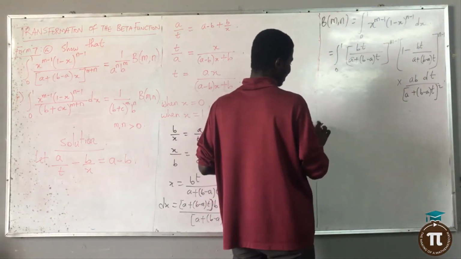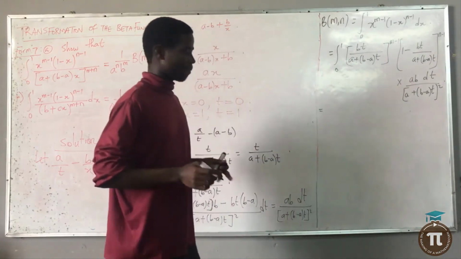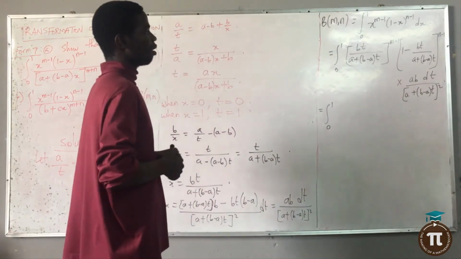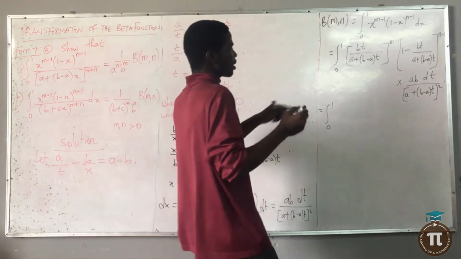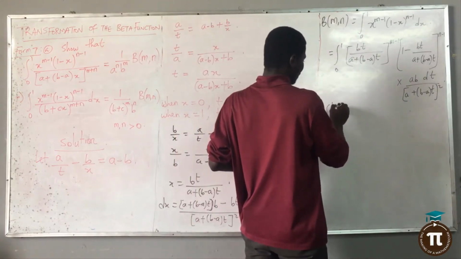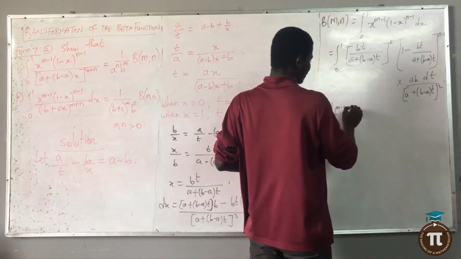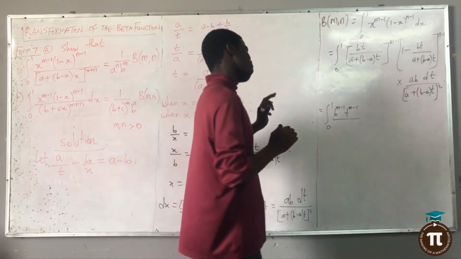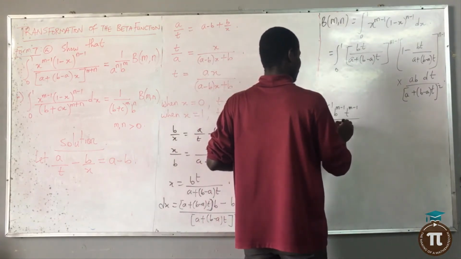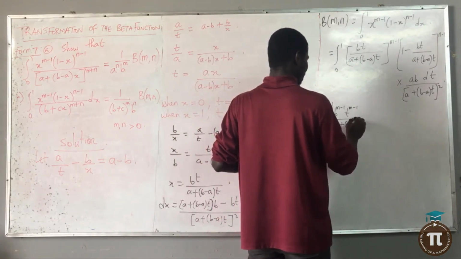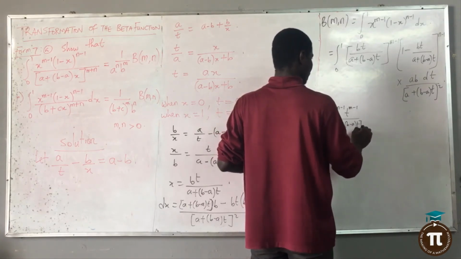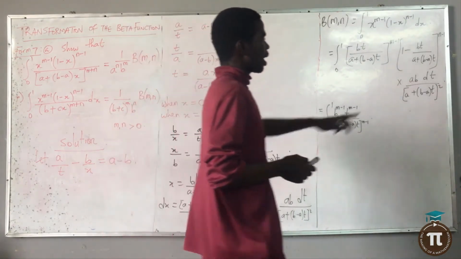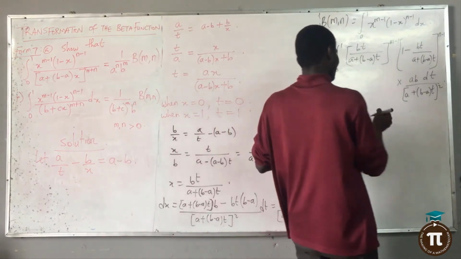So this will actually give me the integral from 0 to 1 of b raised to the power of m minus 1, c raised to the power of m minus 1, all over, everything at the denominator here will be a plus b minus a t raised to the power of n minus 1, multiplied by, I will find the LCM here. This one will become